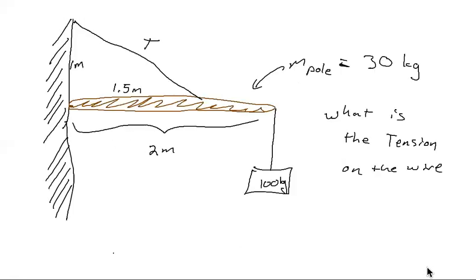Requiring that they're in equilibrium says they should add up to 0. And from the weight, I said that the weight of the rod, or pole, sorry, was 30 kilograms. This was 100, 2 meters. Okay, while we're at it, just looking at things, let's find this angle, because we're going to need that.